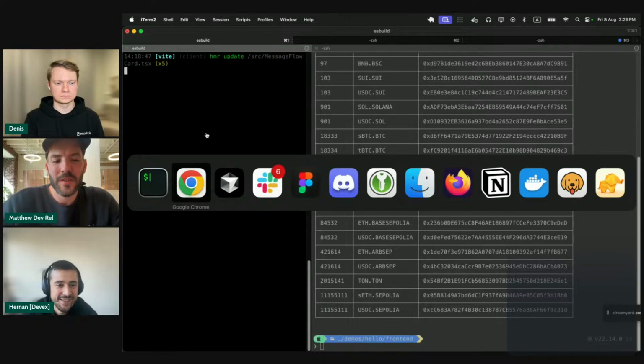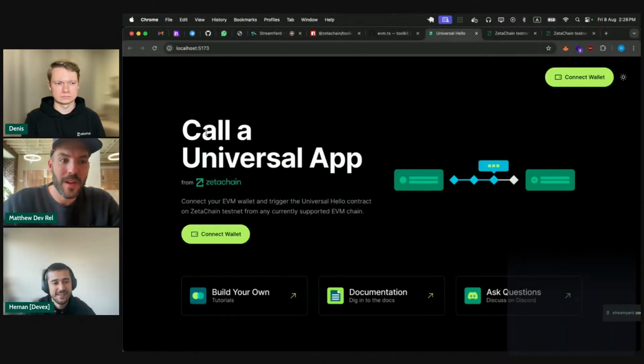These workflow tips from Hernan and Dennis are the key. These are the quickest way to get started with ZetaChain. And by the way, you can always ask questions on Discord. In fact, we are also